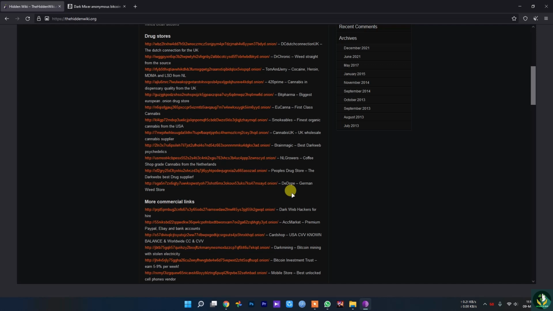So let me tell you about searching in the dark net. Search engines like Google are widely used, but Google will not work to index the dark net; it will only index a lot of stuff from the clear web.